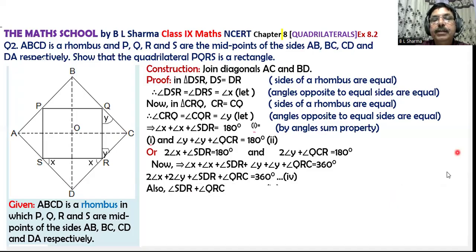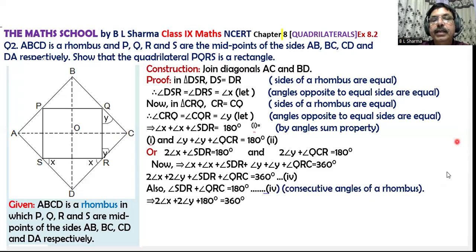So SDR plus QRC is 180 degrees. That is why twice of x plus twice of y plus 180 is equal to 360 degrees. So twice of x plus twice of y, that is 180 degrees. So what is x plus y? 2 से डिवाइड करिए, so x plus y is equal to 90 डिग्री. अब देखिए,